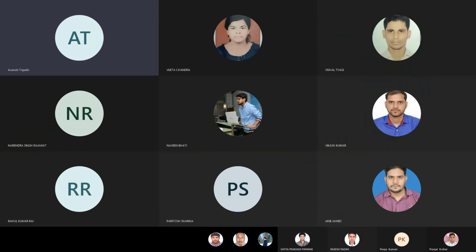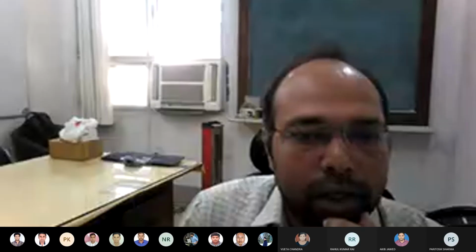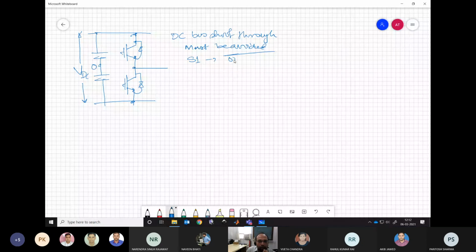These devices have zero transition time from the on state to off state and off state to on state, which means within no time they can change their state. So now what we will do with this condition, let us take the ideal condition as of now. If we are giving the gating signal SR to this device, we will give the complementary signal SR bar to the bottom device.